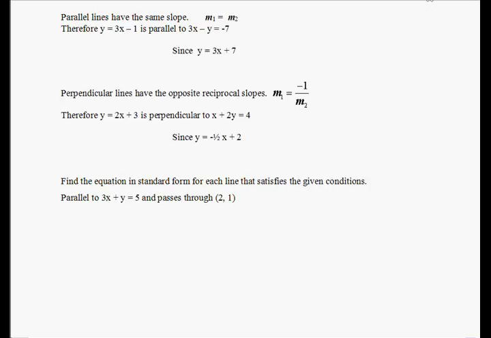Parallel lines have the same slope. M1 is equal to M2. Therefore, if we look at the equation of the line y equals 3x minus 1, we would know it's parallel to the equation 3x minus y equals negative 7 by solving for y,